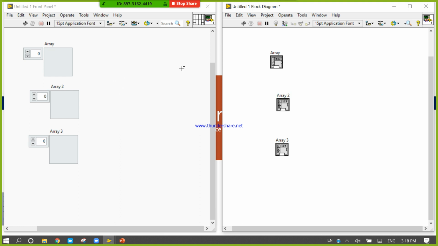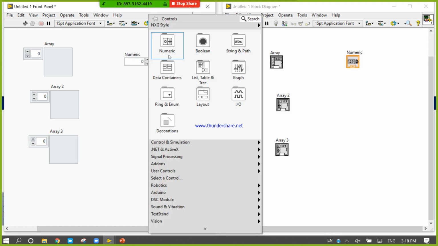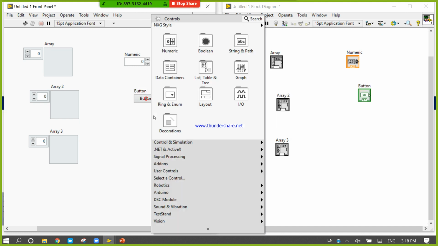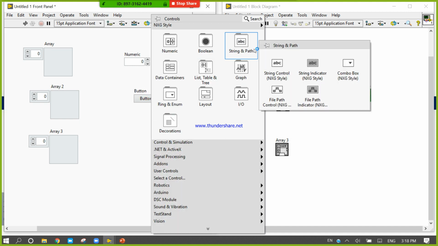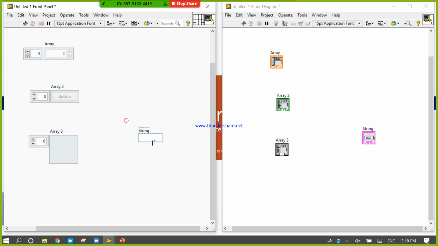We have the primary data types numeric, boolean, and string, and we can design an array of numeric, boolean, or string. So now it is a numeric array control terminal, boolean array control terminal, and string array control terminal.